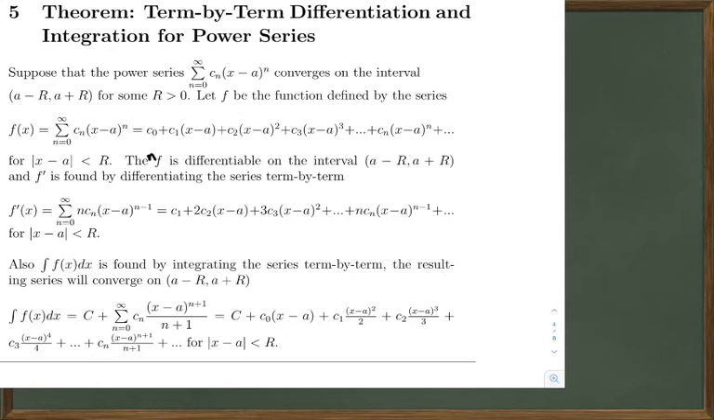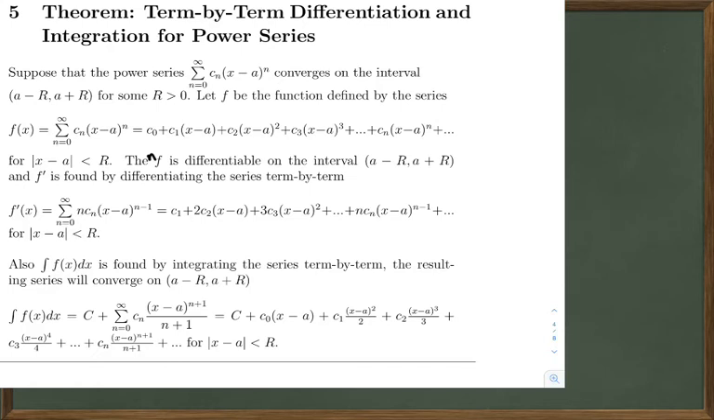f of x is equal to the sum n equals 0 to infinity c sub n (x minus a) to the n, equals c naught plus c1 (x minus a) plus c2 (x minus a) squared plus c3 (x minus a) cubed plus dot dot dot plus c sub n (x minus a) to the n, and so on. For the absolute value of x minus a less than r, that's on the interval of convergence, then f is differentiable on the interval a minus r to a plus r, and f prime is found by differentiating the series term